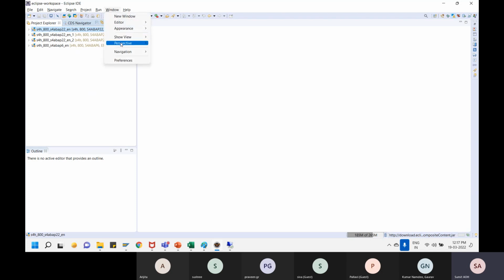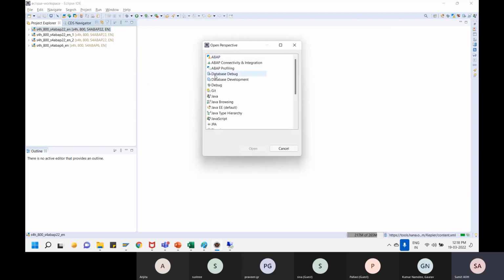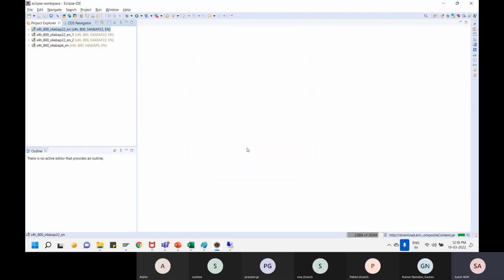Once it is done, you can say Windows perspective, open perspective, and here in ABAP, you would find multiple things: ABAP, connectivity, profiling, everything. You should go with just ABAP and say open, and it would open the ABAP perspective. So whatever system you have already configured, you would find here in Project Explorer. I have installed a system, that's why I'm getting it. But if you ask what sort of output you would be getting initially,